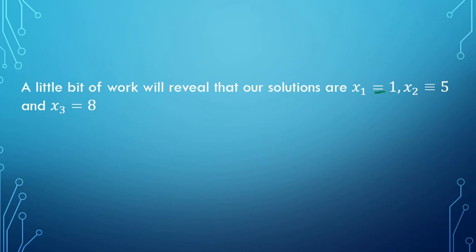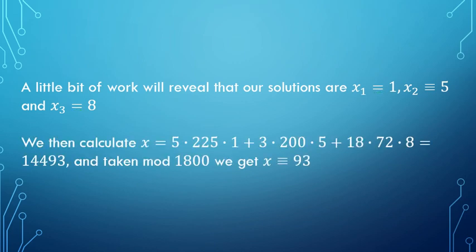You could say equals 1, or you could say is congruent to 1. Really, for the purposes that we're using these numbers for in this problem, saying equals versus congruent to is a really insignificant fact. We have these solutions to each of our 3 individual congruences. So we do some calculations. A1 was 5, capital N1 was 225, x1 was 1. And then repeating with A2, capital N2, x2, A3, capital N3, and x3. Take the products and add those up. You come up with